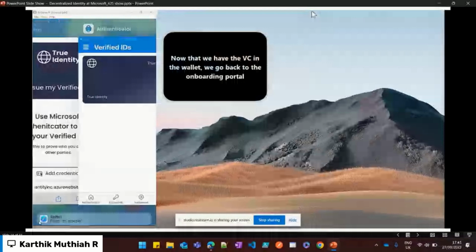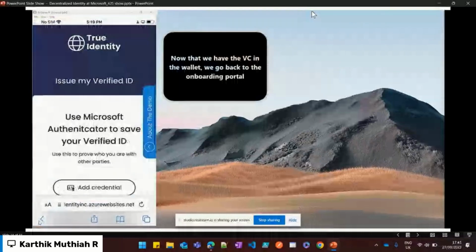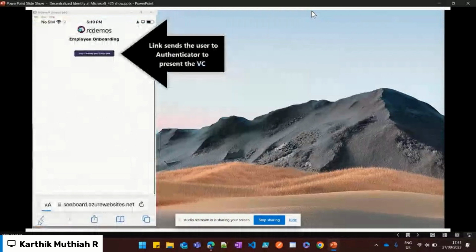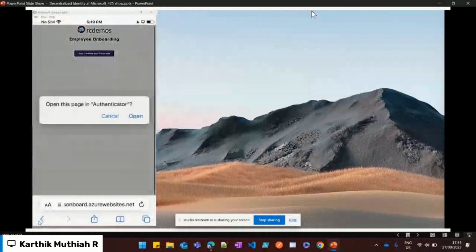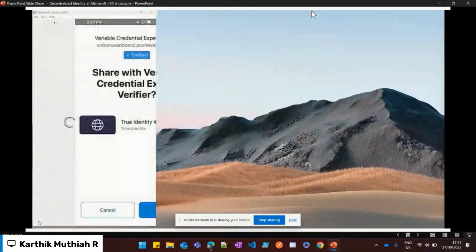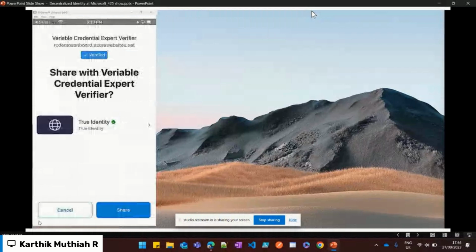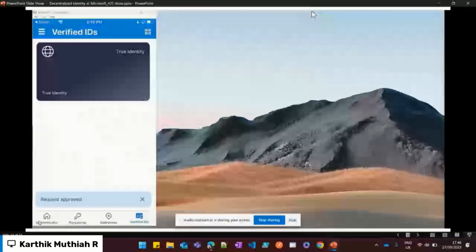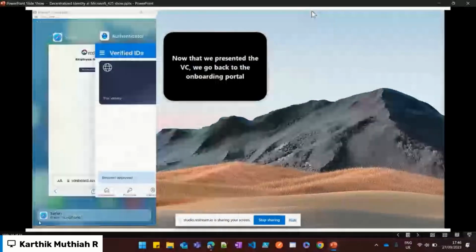Now they go back to the portal and go back to Woodgrove. Say to Woodgrove, hey, I verified my identity. Now I want to be onboarded. So they present this to Woodgrove. Again, it redirects to the Authenticator app, and it shows the identity that they want to choose. They choose the true identity one, click on share, and once this is verified, they go back to the portal,